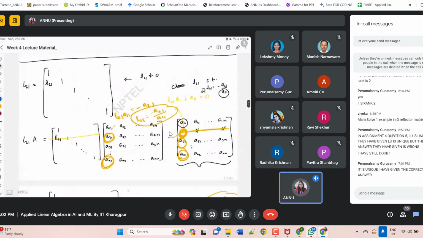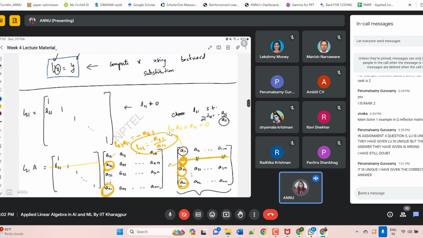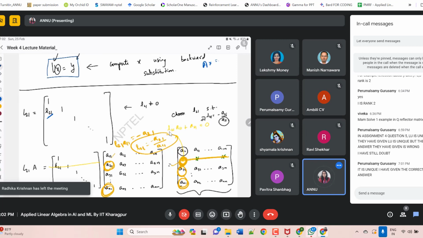Basically what we are trying to do is modify one particular value of a matrix. So basically you have Ax equals B, and now you are converting A as A equals LU. Now, you multiply L21 with A such that these are all identity matrix and the only modified content is this one. So what should be the value of this one? Your aim is to get this entry as 0. Any other value, don't care.